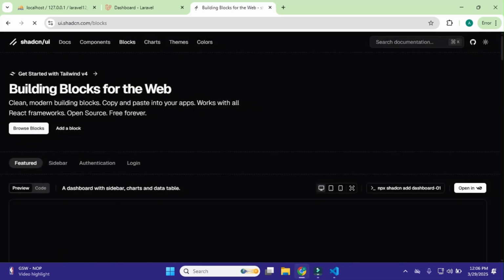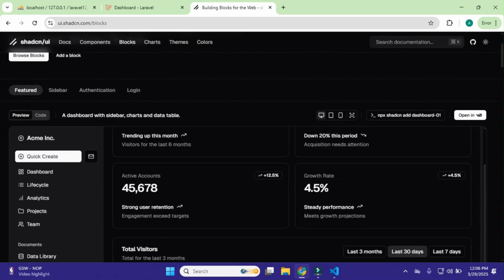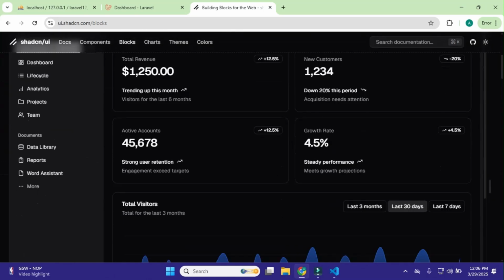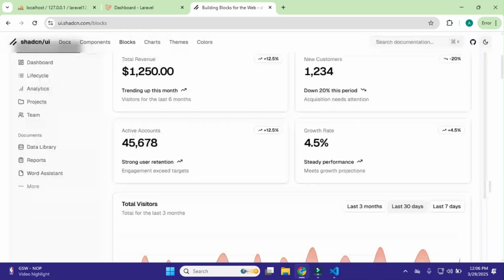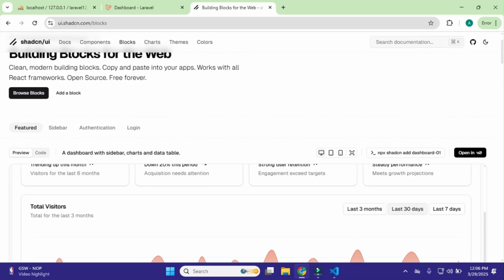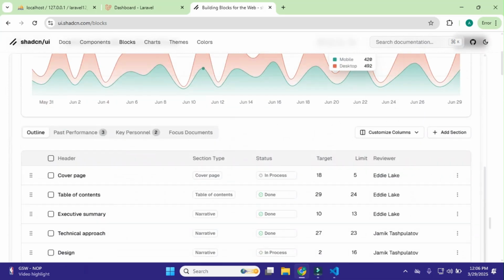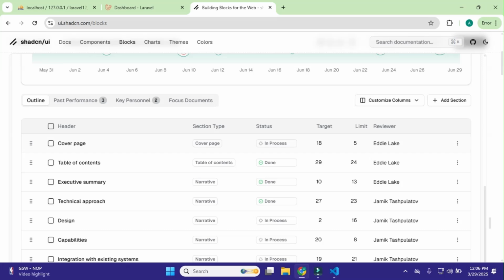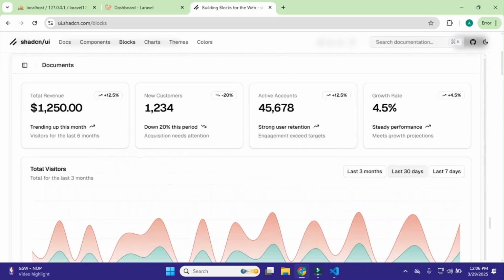Just open this side, and on this side you have the dashboard that I'll show you in the demo. And we also have all the things here, the data table, and this graph also.